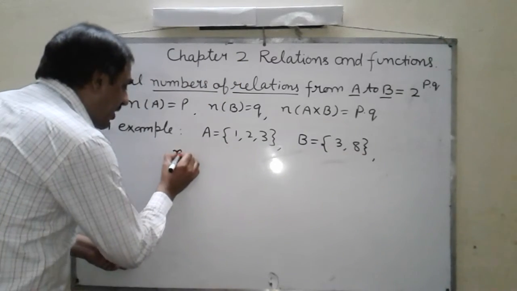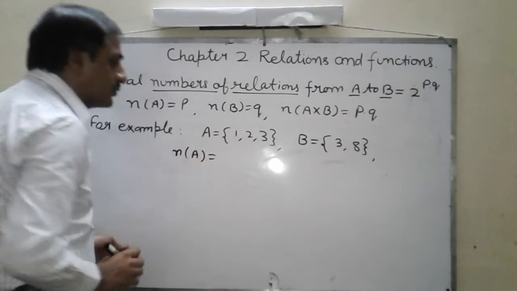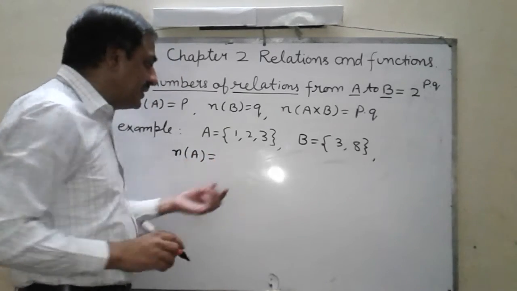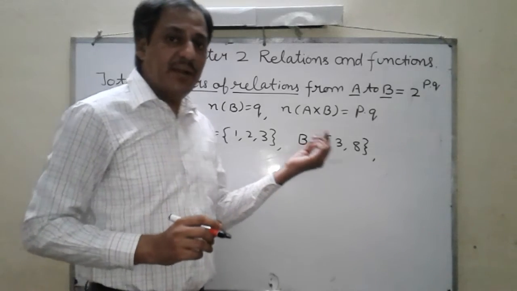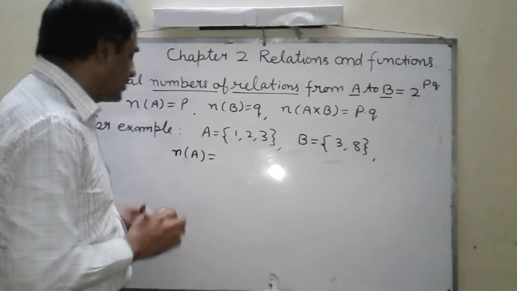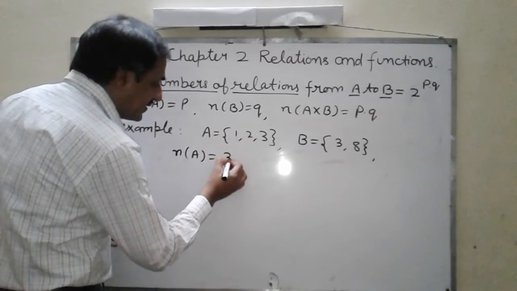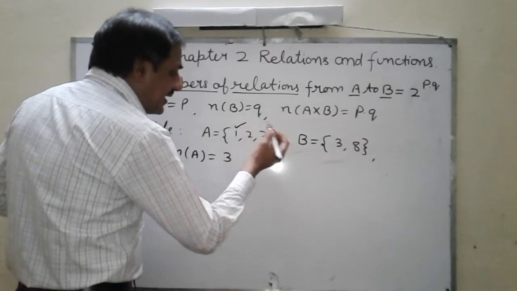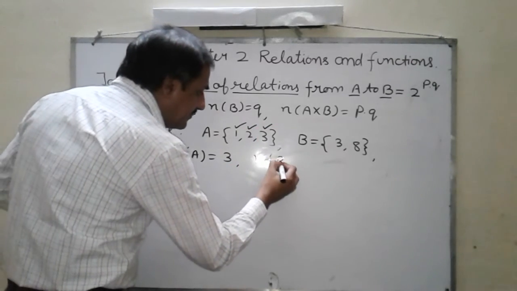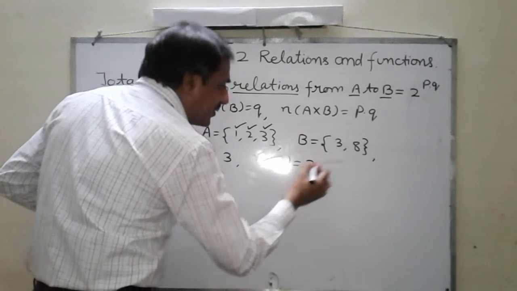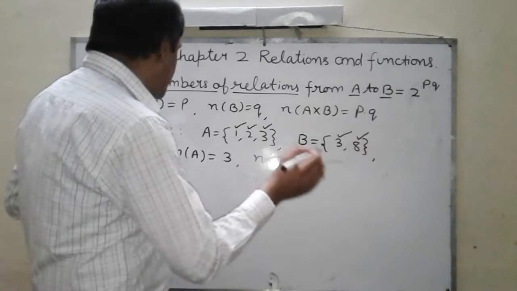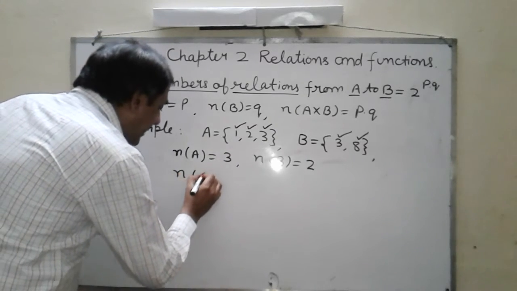Here n of A is equal to the number of elements of set A. How many elements does set A have? Set A has 3 elements, 1, 2 and 3. So the value of n of A is equal to 3, and the number of elements of set B is equal to 2, because it has 2 elements. So the total number of elements of set A cross B,